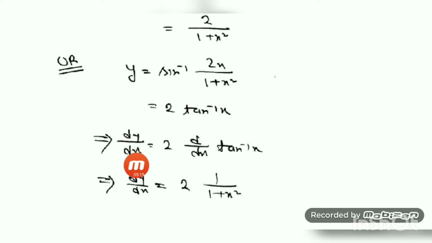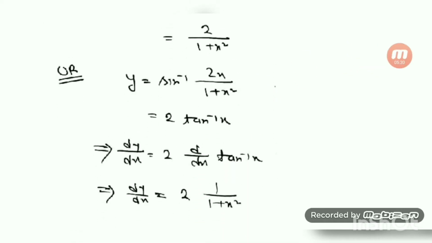Then after this, let us take the derivative, that is, d/dx of y. So 2 is a constant, it will come out, d/dx of tan inverse of x will be left. So dy/dx equal to what? 2. What is the derivative of tan inverse of x? 1 by 1 plus x square. So you see, in both the cases we got the same answer, this and this. But it comes so easily.